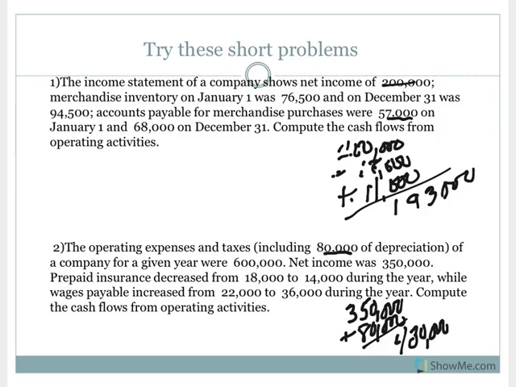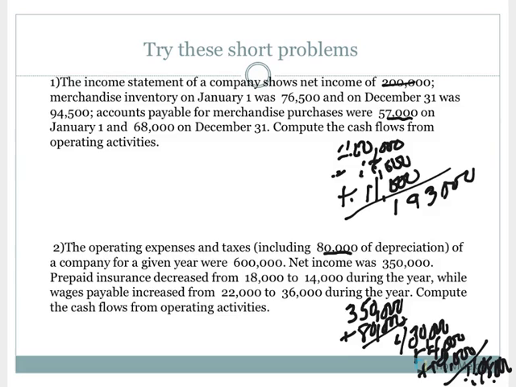Now we look at the investment in prepaid insurance. Prepaid insurance decreased from 18,000 to 14,000. So I've decreased my investment in that, which means I've saved some cash, 4,000. And the wages payable increased from 22 to 36. So again, I haven't paid the wages. In essence, I have stretched my accounts payable during this accounting period by 14,000. So I add that, 14,000. So the cash from operations here,